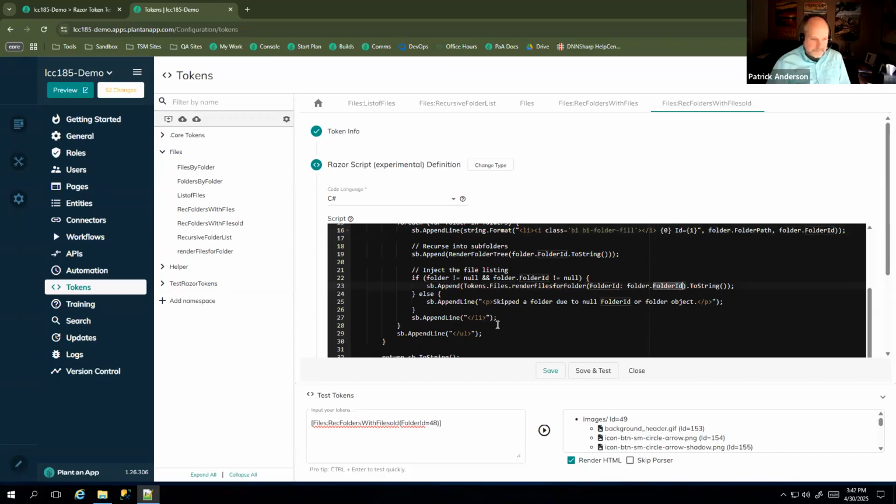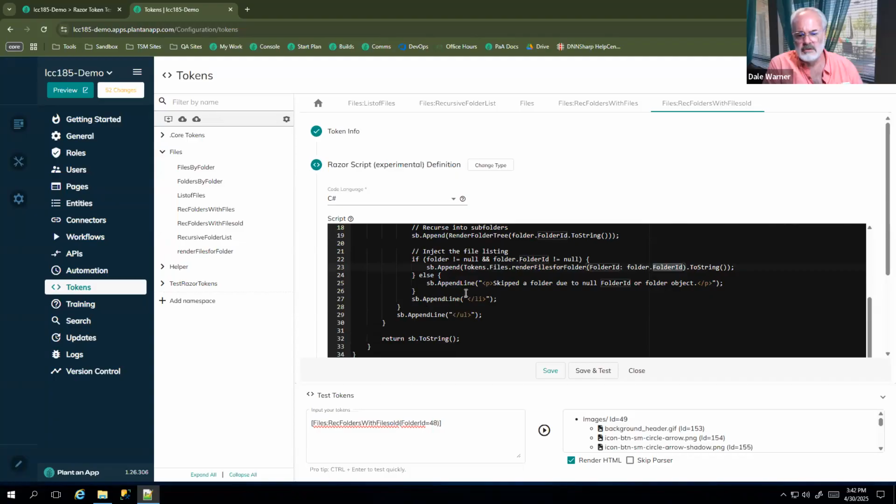So this is showing you can call another token. And that's a good thing to make sure we recognize here, is that in the new Razor token engine,